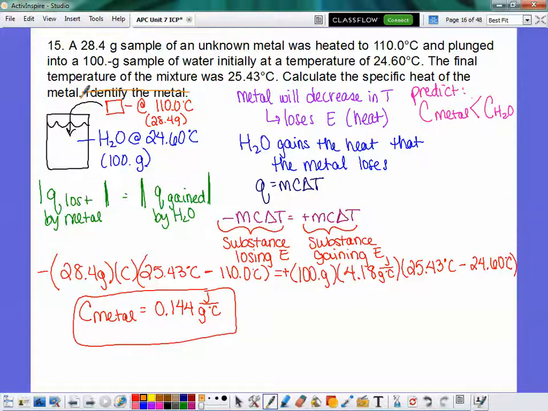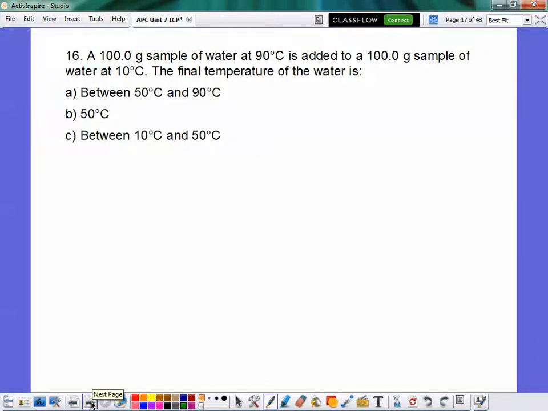Okay. So our next problem looks at mixing two samples of water. This is actually going to be what you're going to do in your lab next class, part 1 of the hand warmer lab. You're going to mix two samples of water and look at the